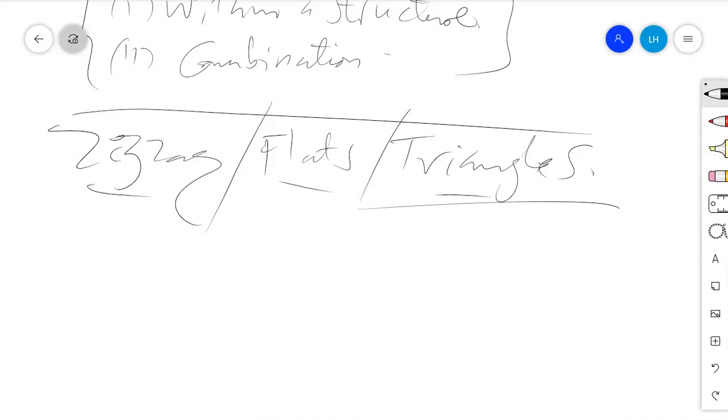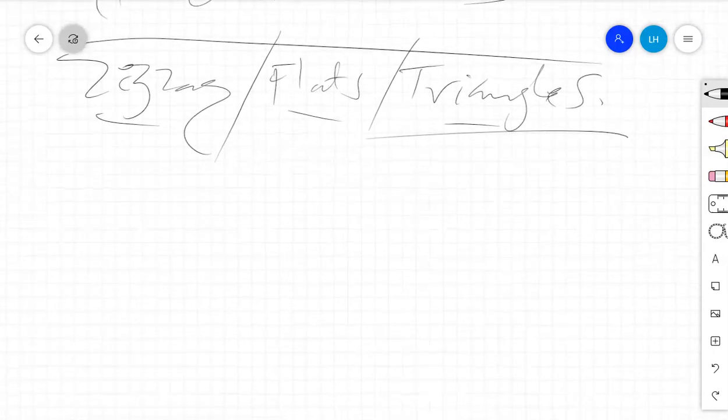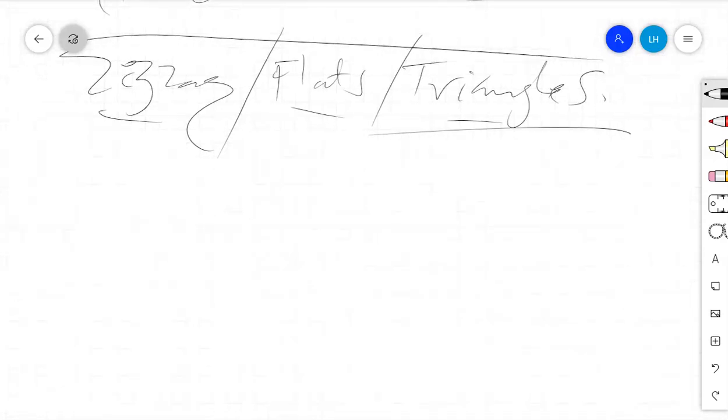Every corrective structure has its own possible variations. I will cover only a single variation, mainly within zigzag. But you have to find out how corrections may vary within the flats, and also how corrections may vary within triangles. The purpose of covering only one thing is to avoid having a very long recording. We need to have a very short one.